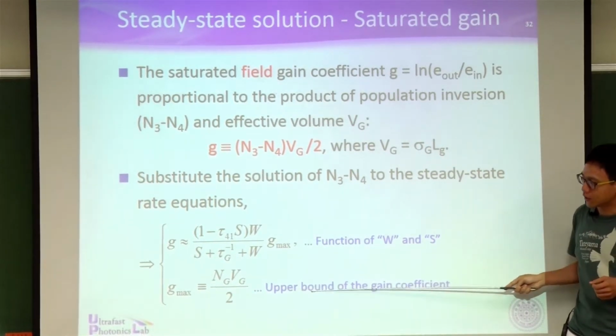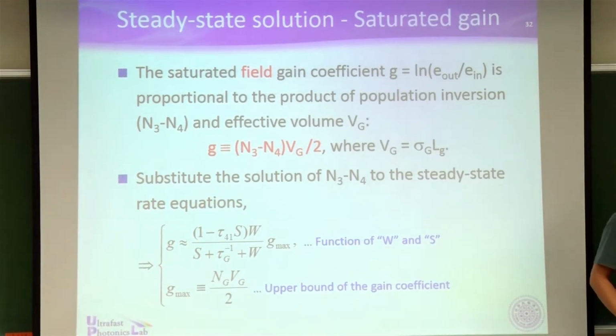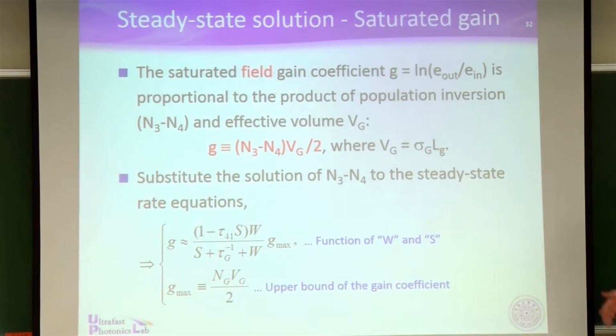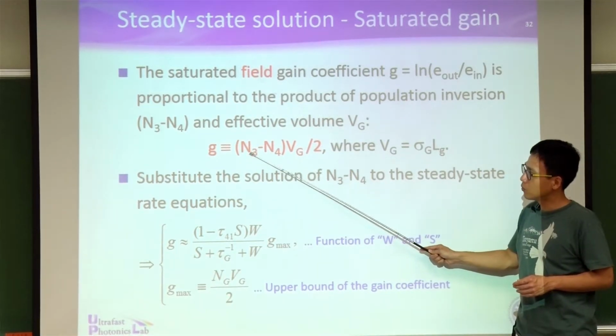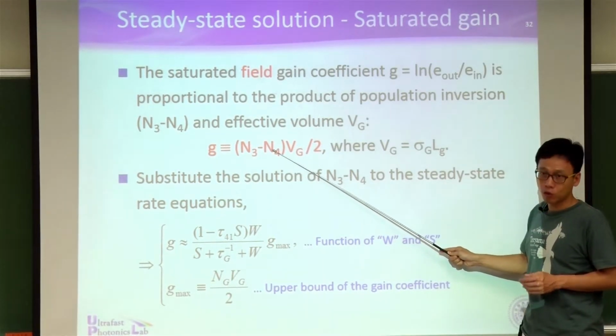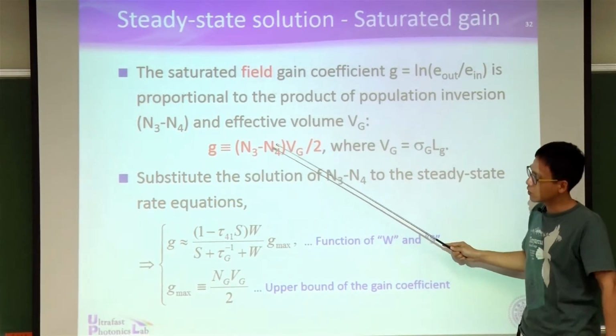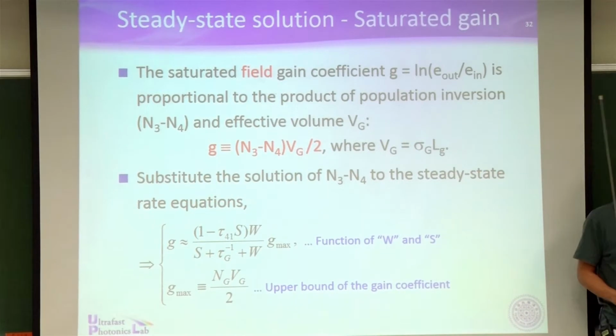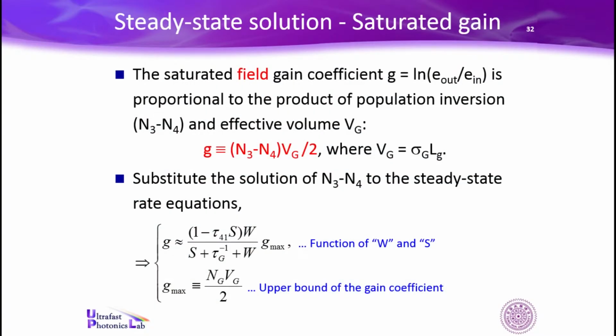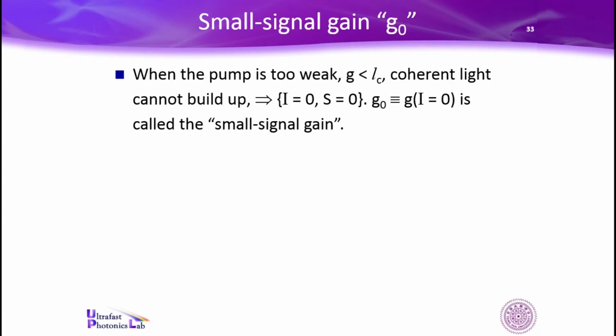Okay? So it's upper bound. All you have to do is substitute the formula of N3 minus N4 derived in the previous page into here. You can get them. It's very straightforward. Okay. But